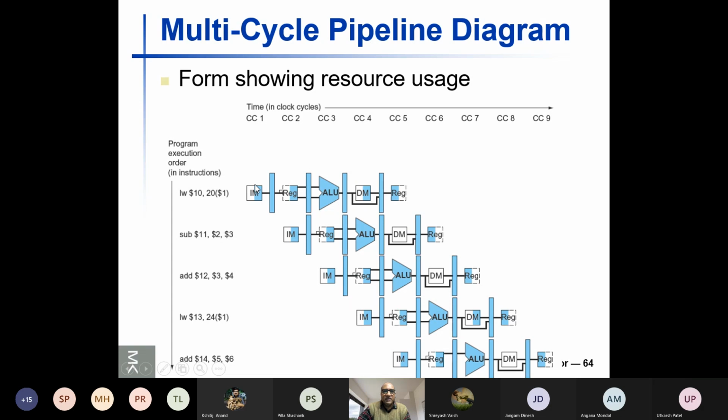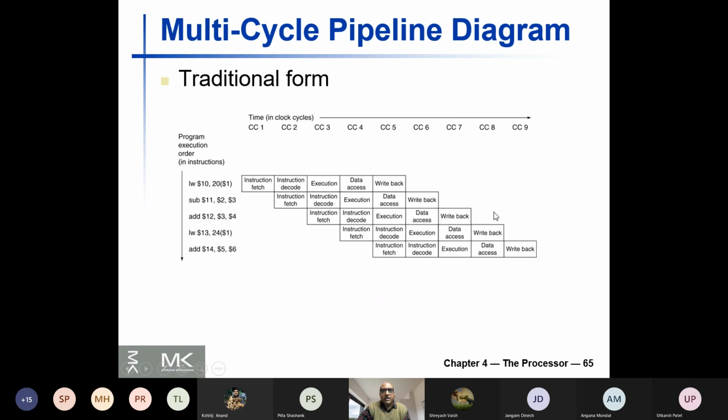And here, the vertical lines, the vertical rectangular boxes, these are the pipeline registers. These are the pipeline registers, right? Okay. This is the same thing, whatever is shown here, and this is a traditional way of showing the